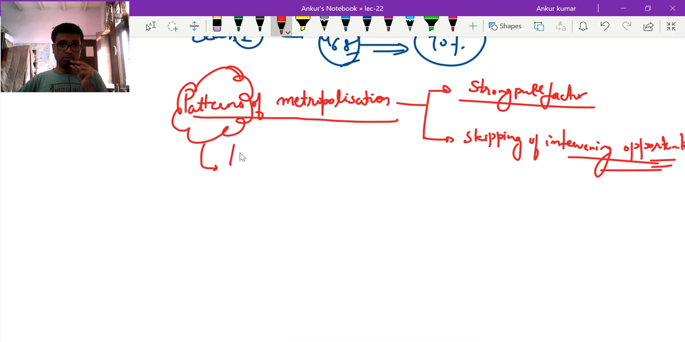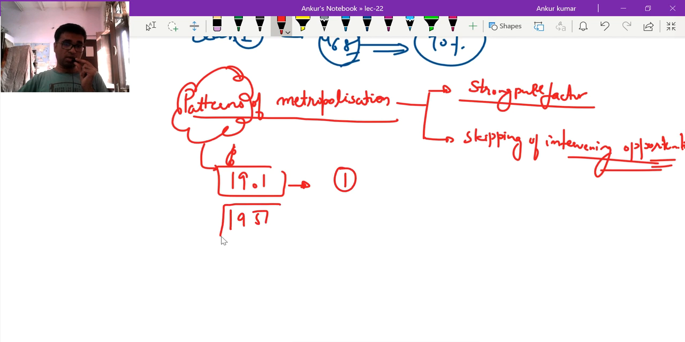See, metropolization: in 1901 there was only one metropolitan city, that was Kolkata. Everyone knows that, only one metropolitan city in India. By the time we reached 1951, there were 5 metropolitan cities in India: Delhi, Mumbai, Chennai, Madras, or Kolkata, and Hyderabad. So these were the 5 metropolitan cities in 1951, and these 5 metropolitan cities had 18.8% of